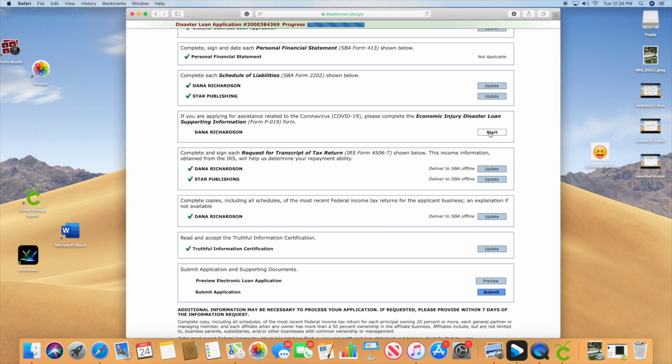It's a P-O-19 form. That is important because it's going to help all businesses, but it's going to give more clarification to newer businesses because they are letting you know that all you have to do is answer these questions and submit your documents so that you can also be eligible for the loan. So not necessarily saying that if you're a new business, you can't get the money. You can still get the money. Just show that you've made money and that you've lost money and that you can pay it back and you are eligible. I believe this form asks for the money that you've made in the last year. So that's what that is.